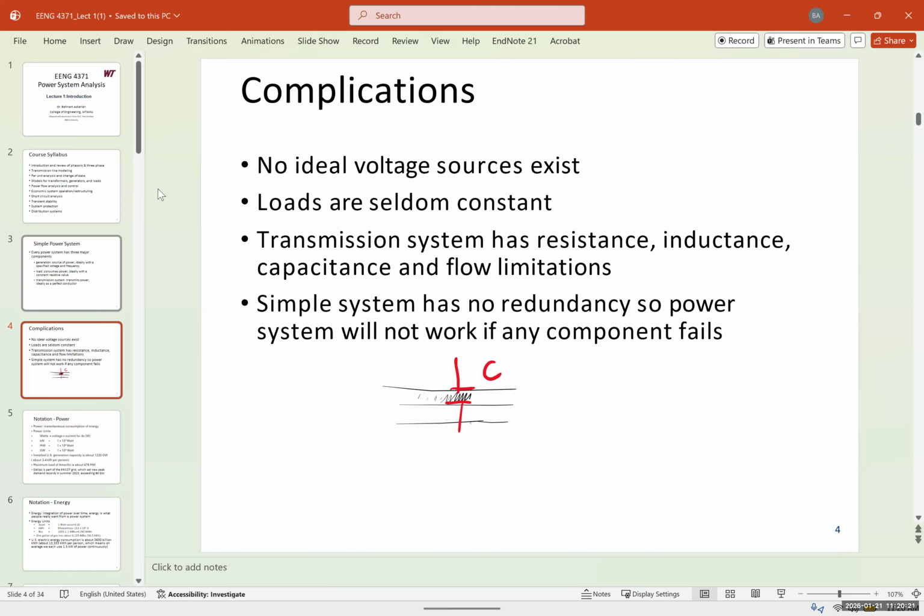The other thing is inductance. You've seen that these wires are twisted wires and they have inductance. So they have inductance, capacitors, and also the wire itself. You don't have an ideal conductor. It has resistance. Do you know what the transmission lines are made out of mainly? Some of them are the twisted ones, but mainly they are aluminum, because steel is heavy and has a lot of resistance. So mainly they are made out of aluminum.